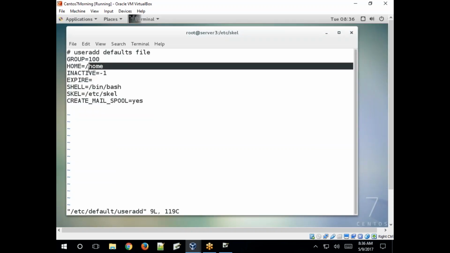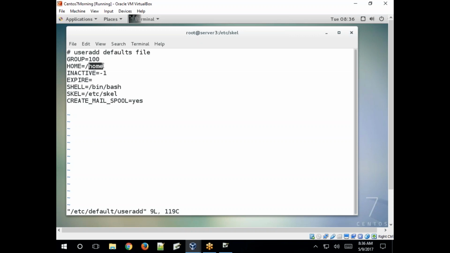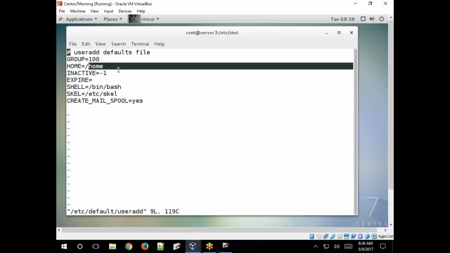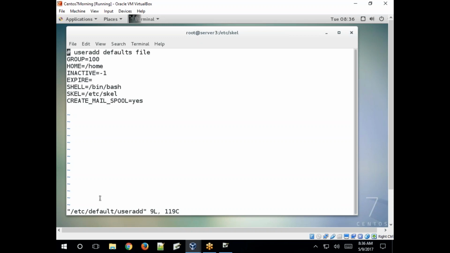If you specify any other directory name here instead of /home, for example a user directory you created in Linux, and specify that path, then after you save and quit, any user you create using the useradd command will be created with the home directory you specified instead of /home.